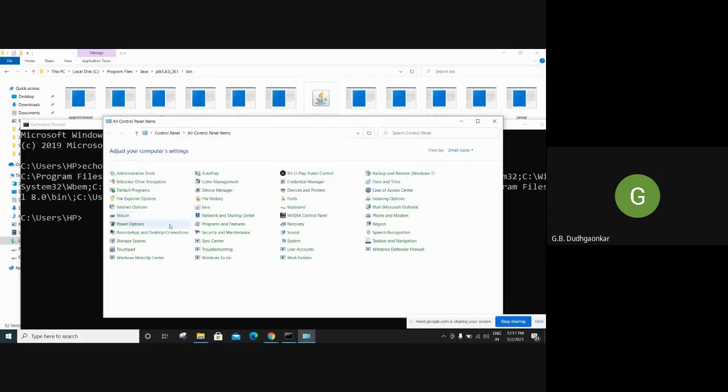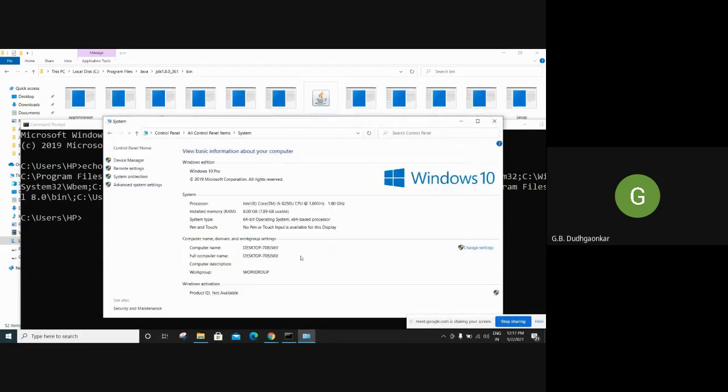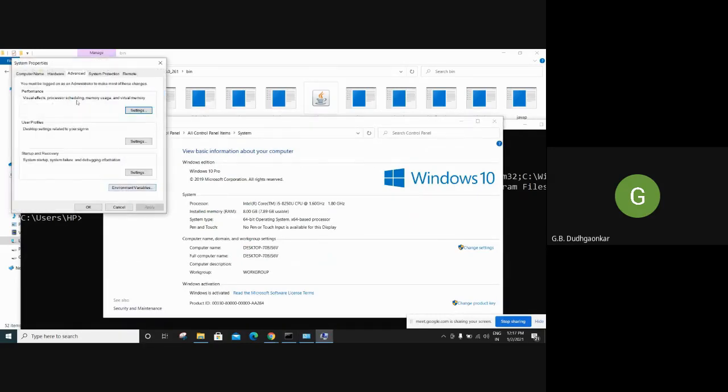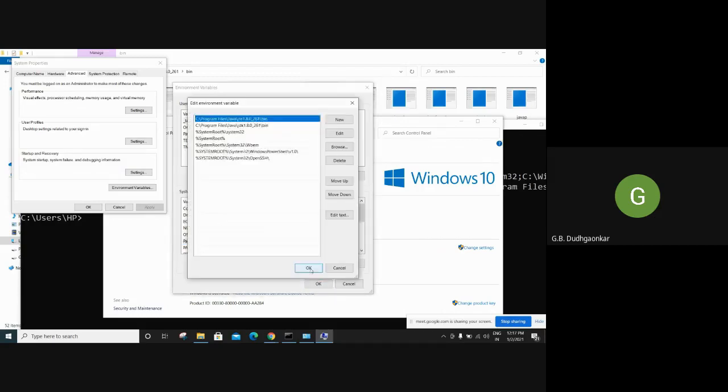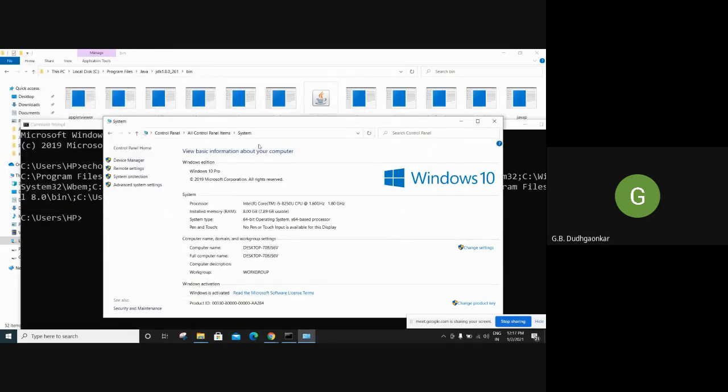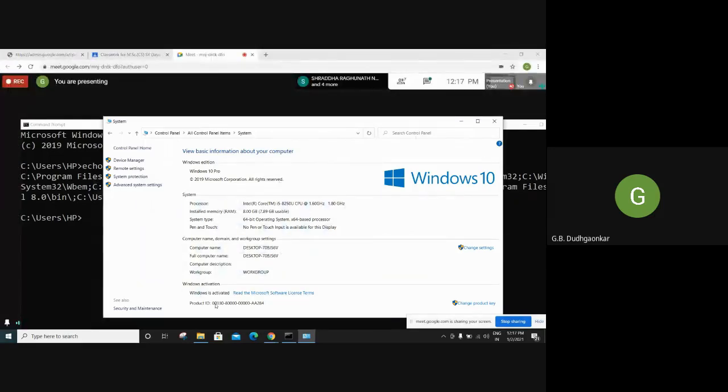Open your control panel, go to system, go to advanced settings, then in the environment variables, see here, under system variables, you have to select path, edit, and then we have to add new here, click on the new button, then whatever path is there, that we have to copy here and paste here, and then OK. So next time you don't have to set the path every time when you are using the command prompt within that directory. So a number of paths I have set already. So depending on your needs, you can set all these things. I already set them, so no need to set again. But if you want to do it practically, you can do it practically.